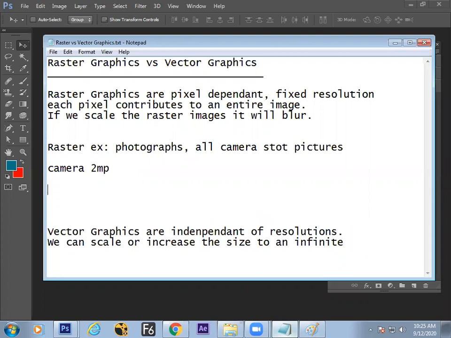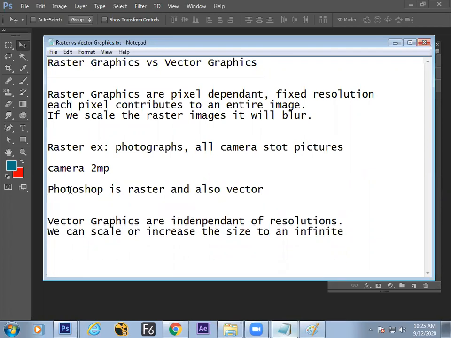Photoshop is raster based software, okay? Photoshop is raster. We will work with rasters, also vectors, okay? In Photoshop, we have both raster and also vector graphics.